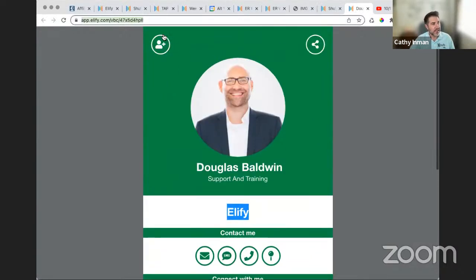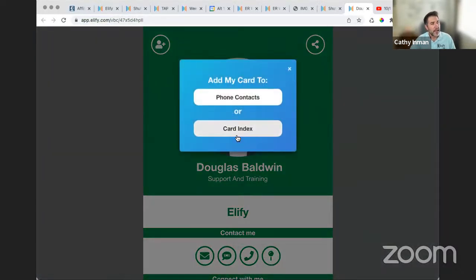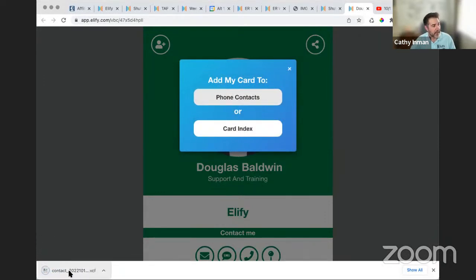All of that's accessed on this template with this little add me as a contact. So they click on that. And again, here's that easy way when I say, how do you want to save this? One path is going to the card index. The other path is going to the phone contacts. I'm going to click on phone contacts. You'll see it created a little file down here, VCF file. That's the same file that most of the carriers use, whether it's iPhone, whether it's Android. That's the contact profile. If I click on that and open it up,